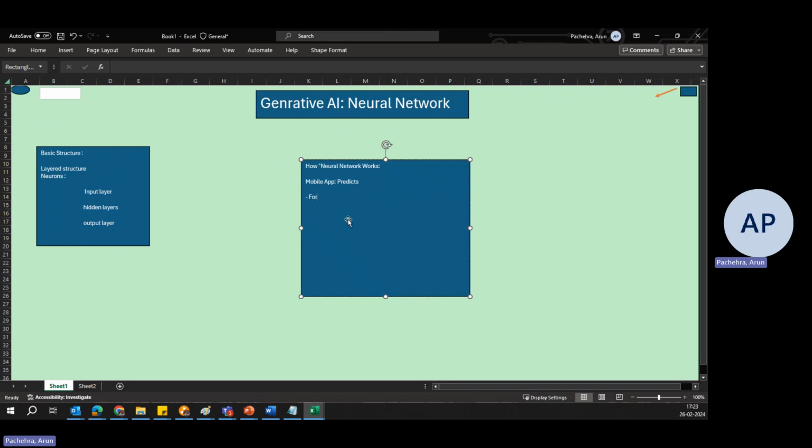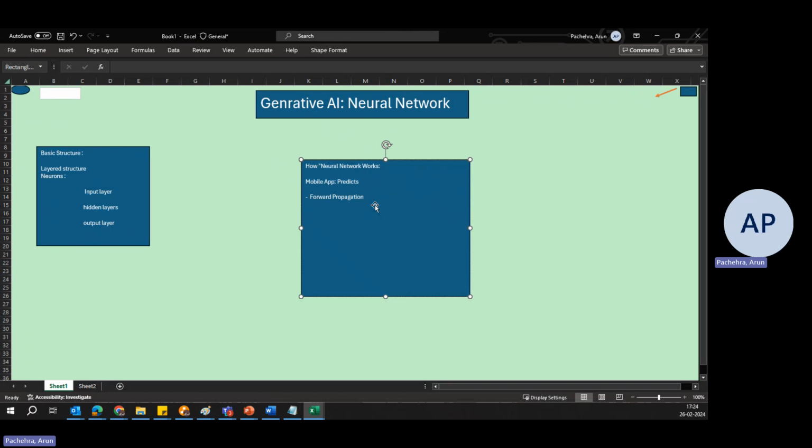forward propagation. That's what it is. This is our step number one. What happens here? Well, we need to input our ratings for several movies into this app. Each rating is fed into the input layer of the neural network. All right, the data is processing. We need data, and data is our ratings.